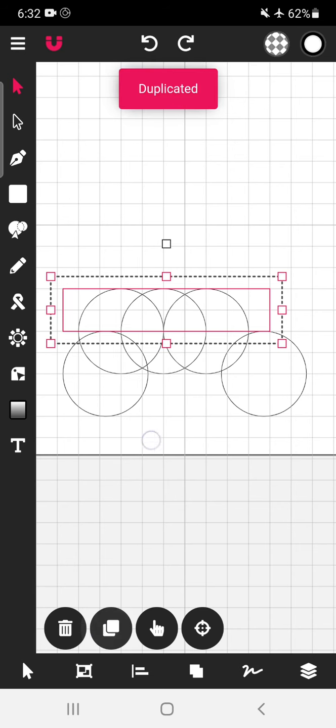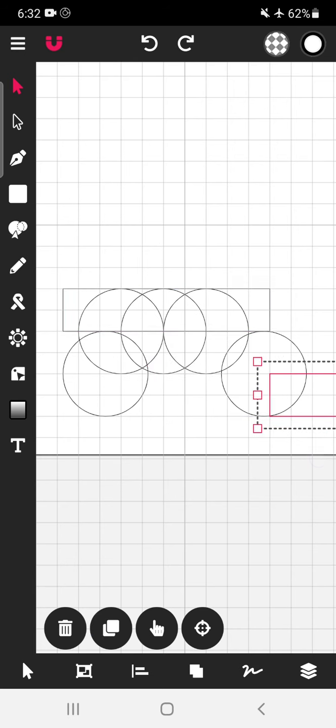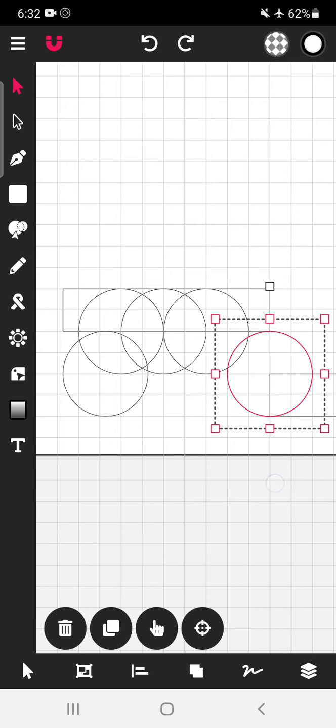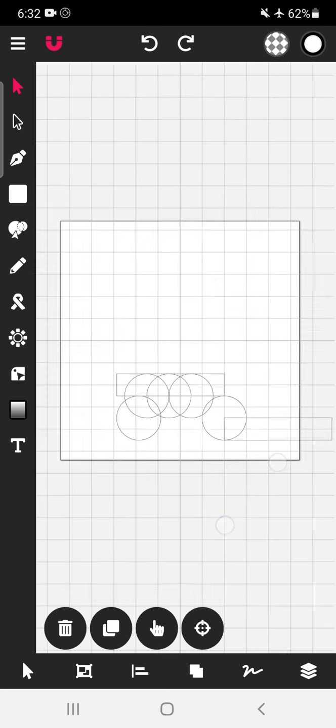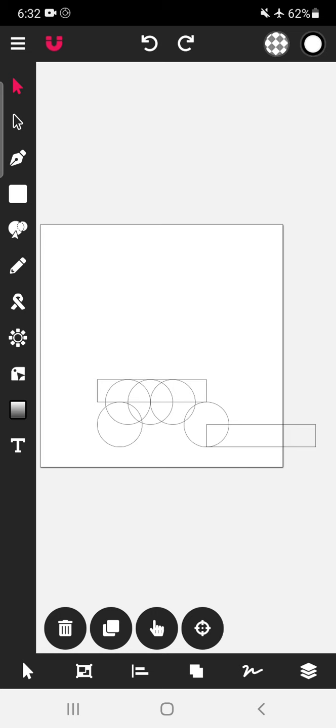One more copy of this. Okay. See, this will be the 1/4 area of the circle. So this 1/4 area will be the tail of the bird.